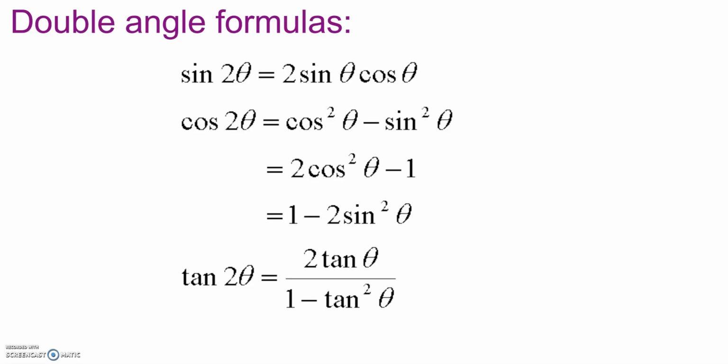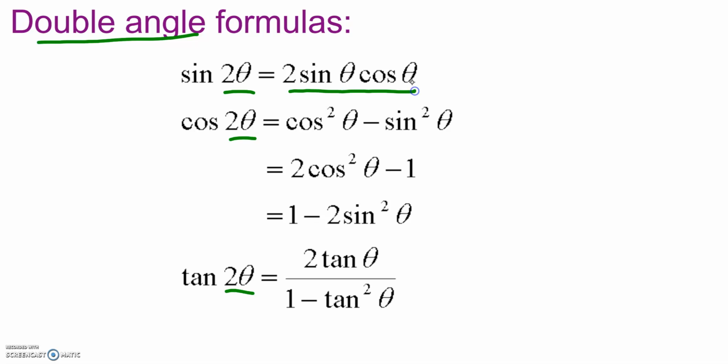Welcome to the last video in Unit 5, which is about double angle formulas. The reason they're called double angle is because if you take a look at every single one of these identities, the angle is truly multiplied by 2 or doubled. Now, eventually, it's going to be useful to know that sine of 2 theta is the same as 2 sine